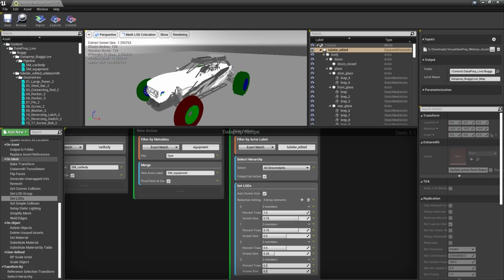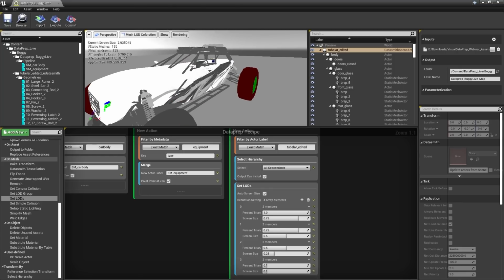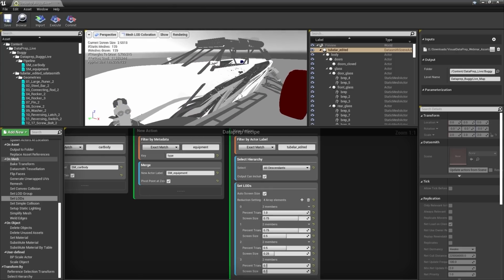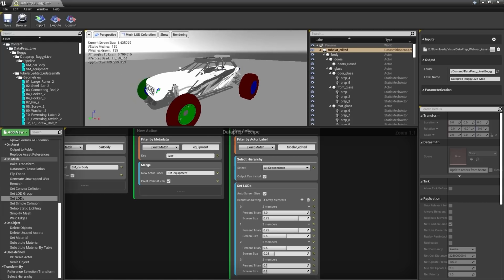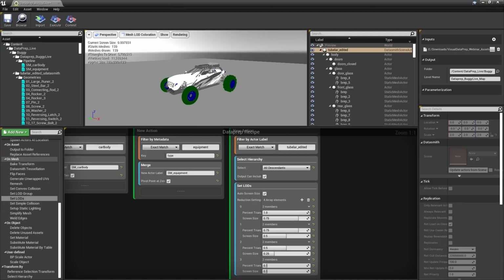And you can see right off the bat that the meshes are changing color based on the distance. So the closer we are, a mesh, I should say, the closer it is to the screen, it should look gray. But as it gets smaller on the screen, so if we move back here, the body should turn red. So that is the next level down. And then if we move back even further, it's going to go down to green. There we go. So it's even smaller.